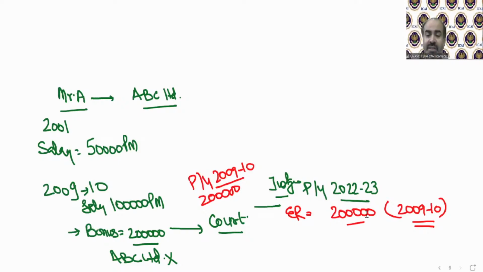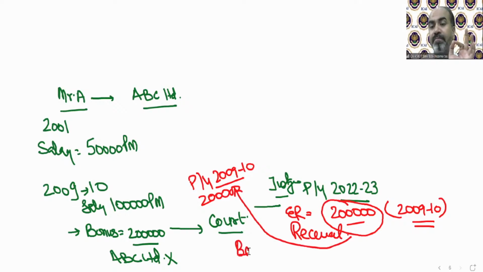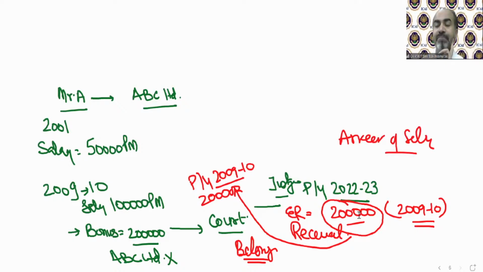The concept is saying, if any amount of salary has been received by you in this previous year, listen carefully, if any amount of salary is received by you in this year, but which belongs to some other year, which technically belongs to some other year's salary, that is called arrear of salary. Understand? So if you are receiving any amount, practically this 2 lakh rupees is going to be taxable in previous